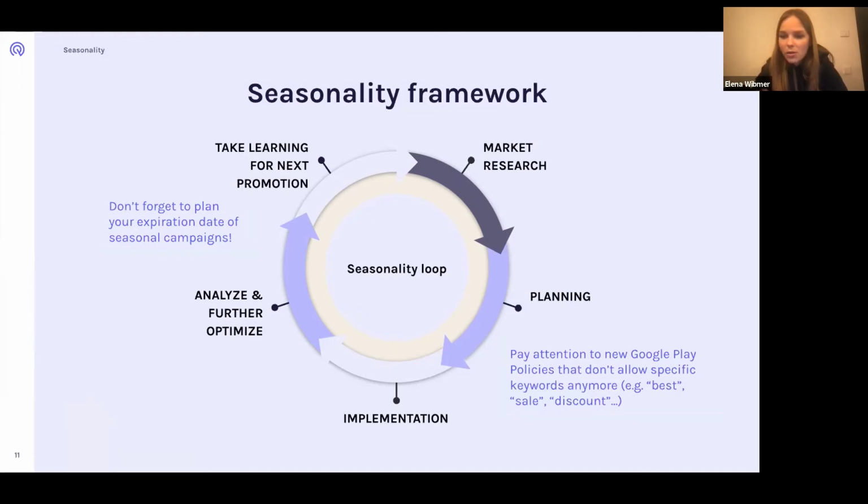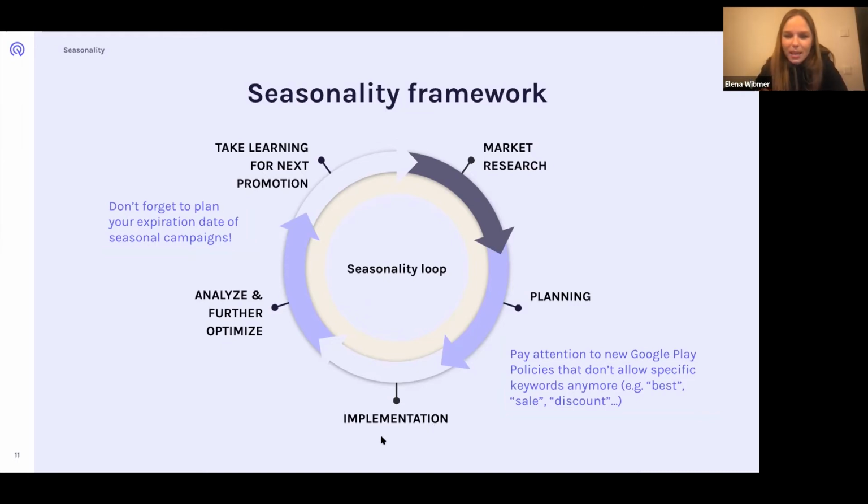Everything around officially, sale, discount, or best you're not allowed to use. So just make sure to take care of that. We also have a nice blog article about that. Rebecca, if you could share that afterwards in the chat, that would be awesome.